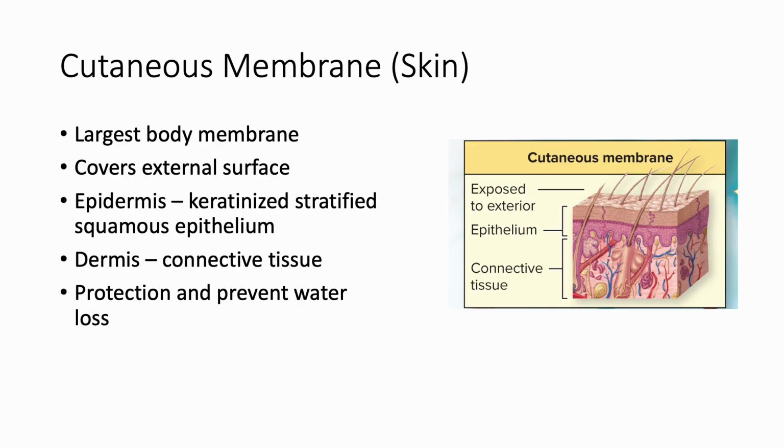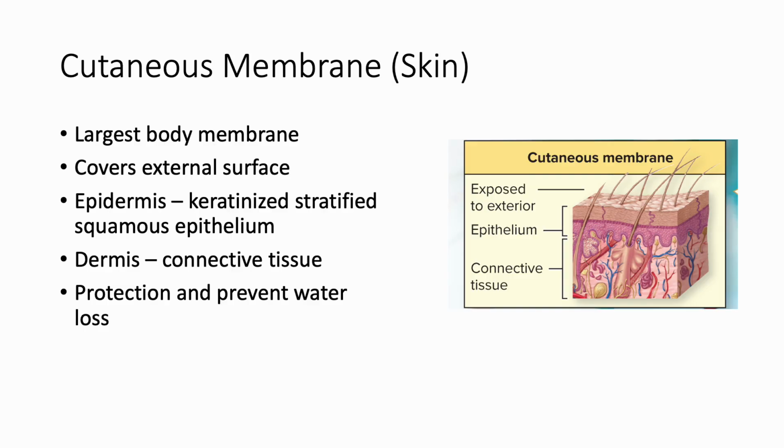All right, another membrane, which is actually our largest body membrane, is the cutaneous membrane. So we might also call this our skin. The outer layer or the surface is called the epidermis. And when we looked at our different types of tissue, remember that we said this epidermis is made up of keratinized, stratified, squamous epithelium. And remember that outer part, the keratinized dead cells, are sloughed off at the surface of the skin. Now, below the epidermis, or deep to the epidermis, is the dermis, and this layer is